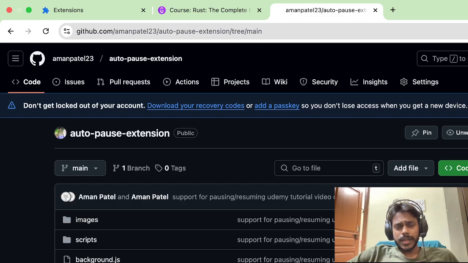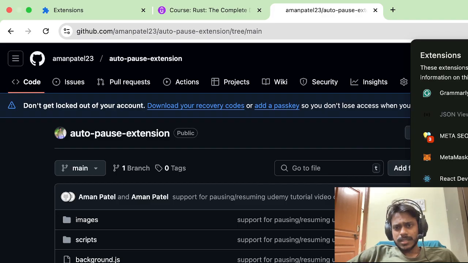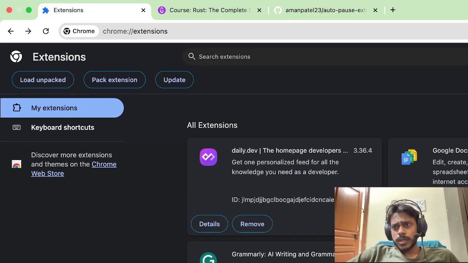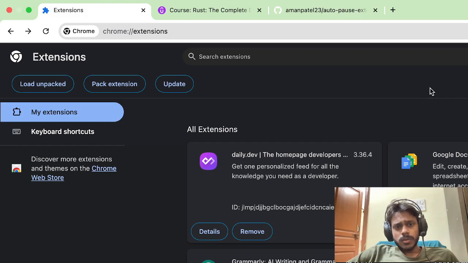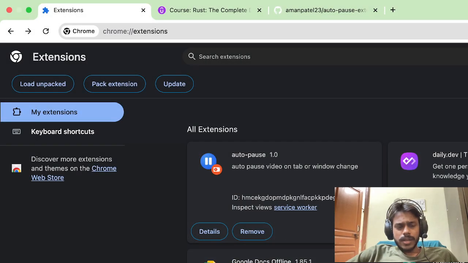Then come back here, in this header bar you can see this manage extensions option. You can just click on that, and here you can toggle this developer mode. What it does is, now you'll be able to load any of your local extensions that you might have made, right? So you can just click on this load unpacked, and here I have chosen this auto pause extension, which is the folder name of the extension, and I can just select it and it will get uploaded on this